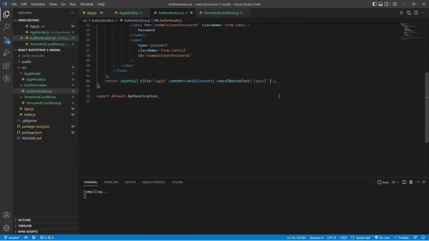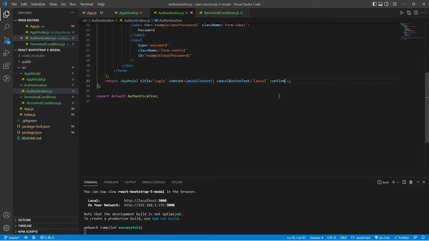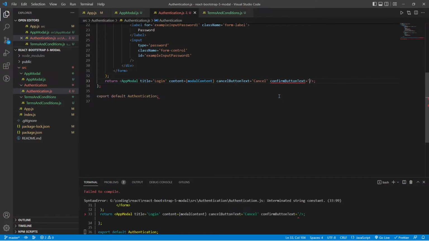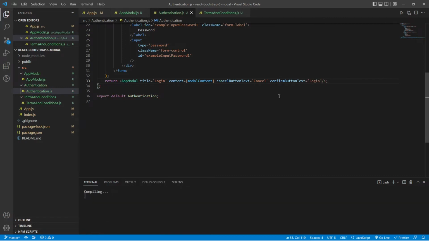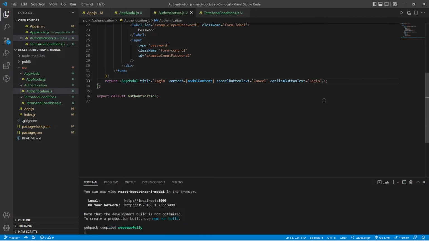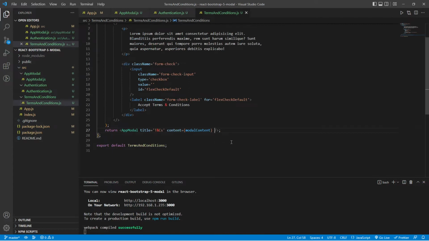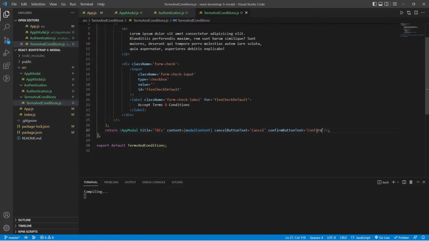And then I also want confirm button text, which is going to be login. So if we copy that, and then we do the same in terms and conditions, if we paste that in here, and then just change the login text to say confirm,